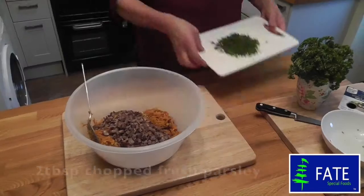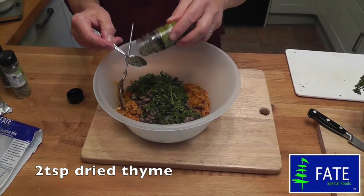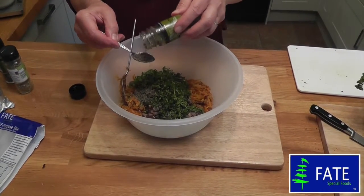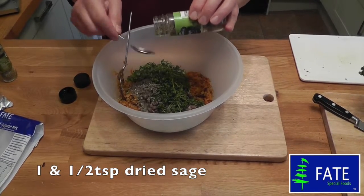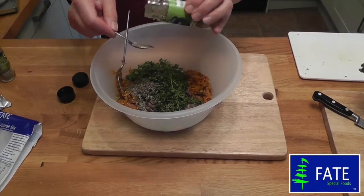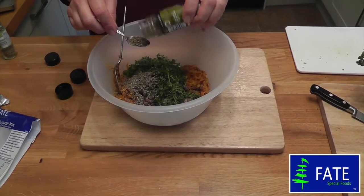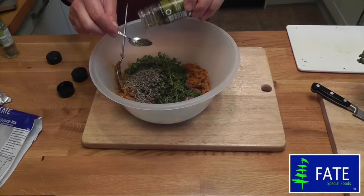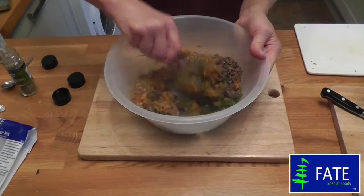Add 2 tablespoons of chopped fresh parsley, 2 teaspoonfuls of dried thyme, and 1½ teaspoons of dried sage, and 1½ teaspoons of dried oregano. Then give it a stir